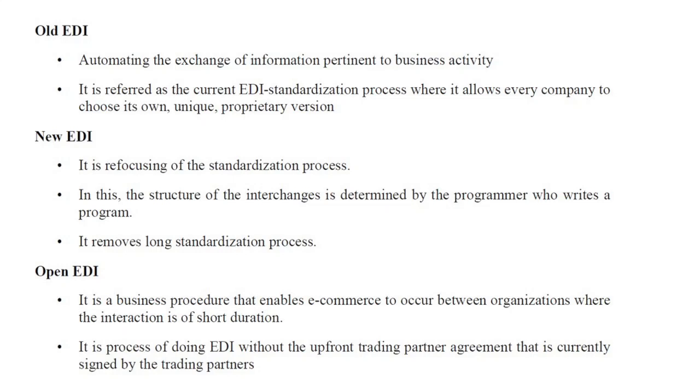Has been changed. Okay. Now the UEDA is focusing on how to change and upgrade the standardization. In this, the structure of the interchanges is determined by the programmer who writes a program. So the software is coming version by version, 2.1, 2.1.1, 1.2, 3.2, 4.2, like that. Windows started at 3.5. The starting Windows version of the operating system is 3.5. Presently, we are using Windows 10.